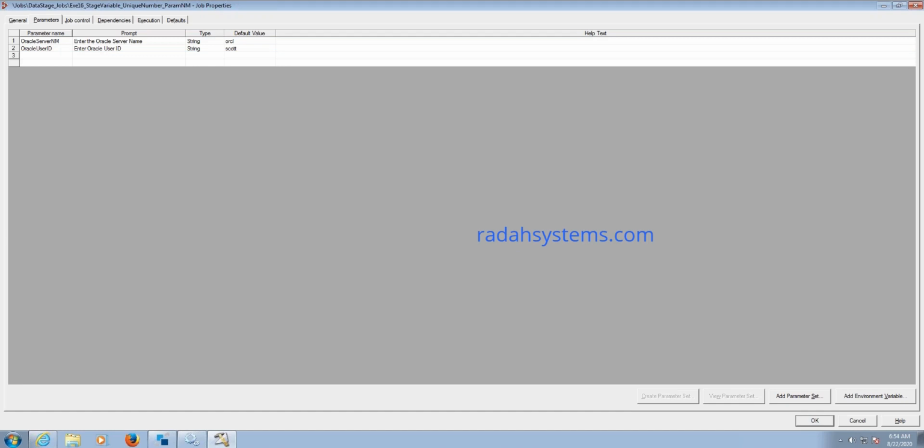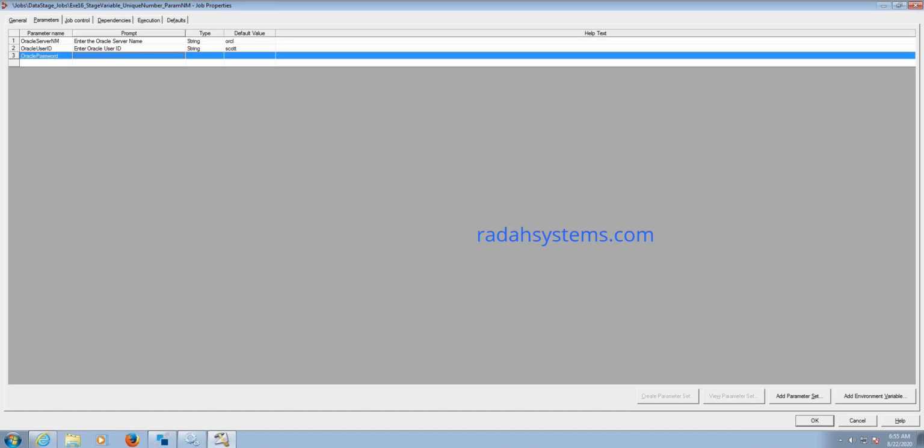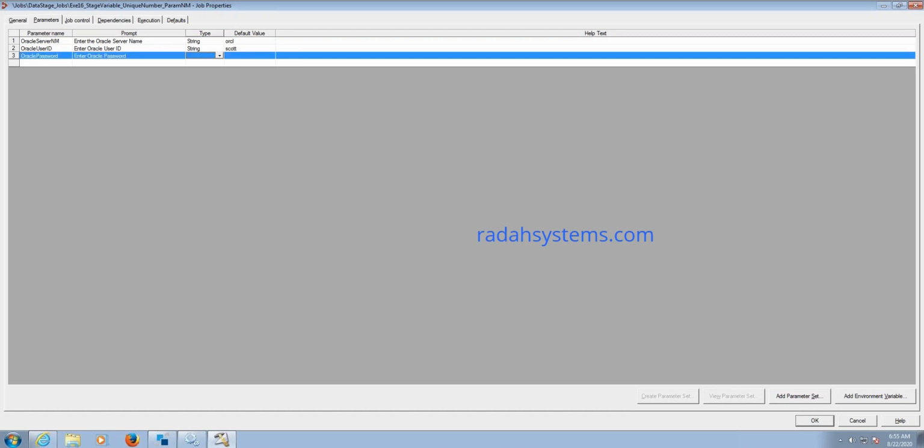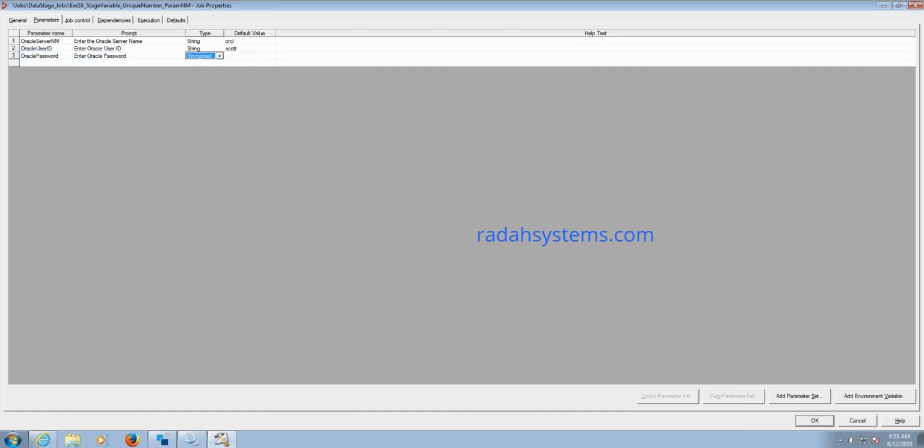Next, Oracle password. Enter Oracle password. So password is string or encrypted one? It should be encrypted. Password we should not say string.